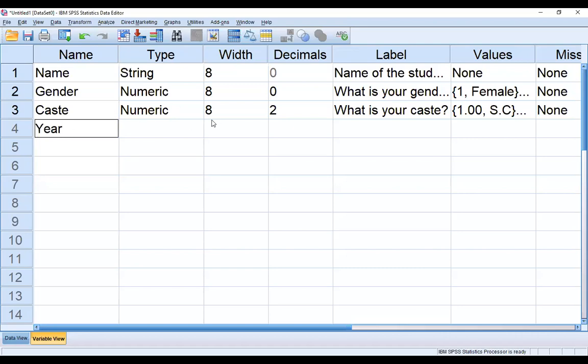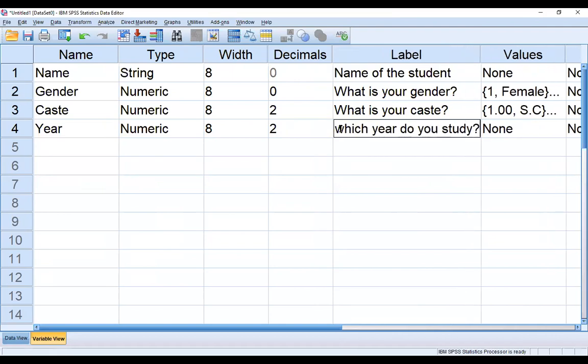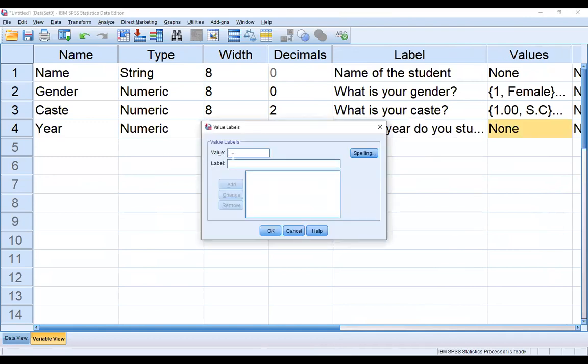Okay, and then I'm writing here: in which year do you study? So generally there is a 4-year course. So the coding first, if someone is in first year, I will write here first year, the coding of first year is 1.